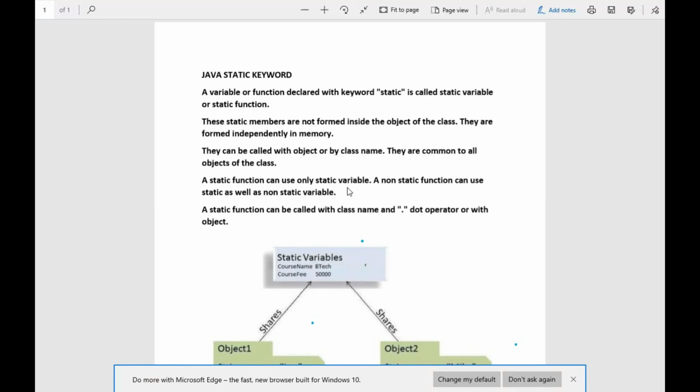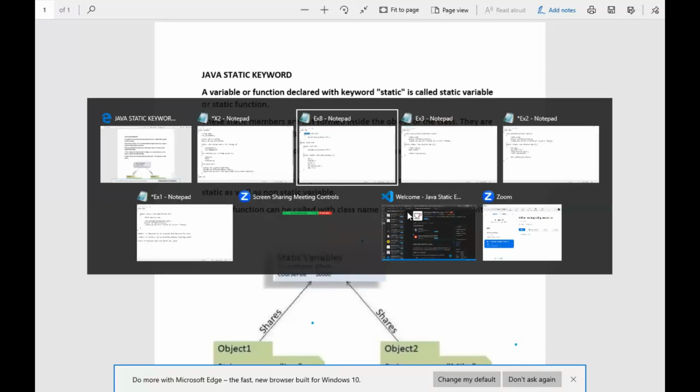Many times questions are asked in interviews: what is the difference between a static method and a non-static method? The important difference is that a static method uses only static variables, and a non-static method can use static as well as non-static variables. And a static method can be called with the class name, but a non-static method cannot be called with the class name. An object is required. A static function can be called with the class name and the dot operator as we do normally. So now coming back to this example once again,